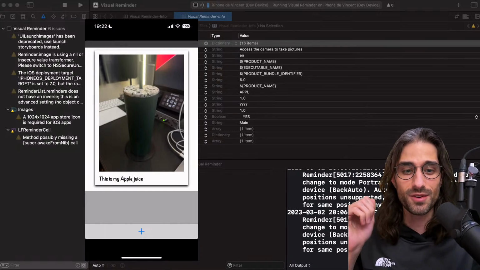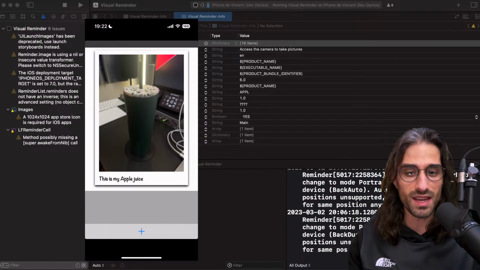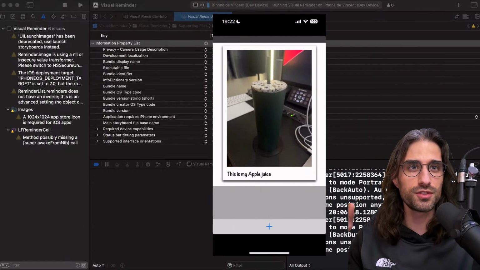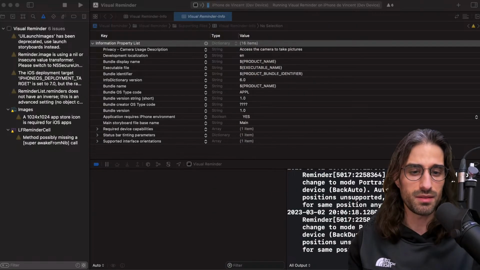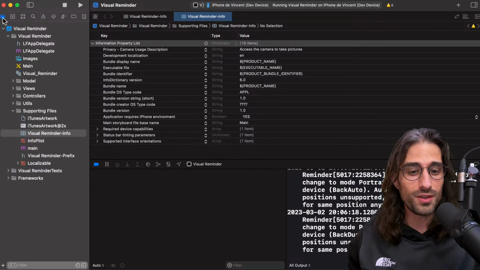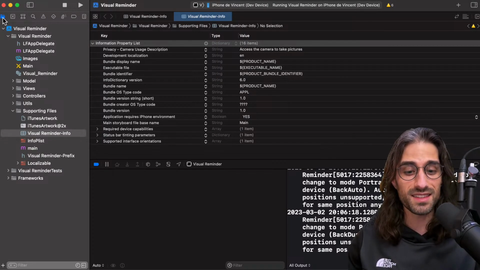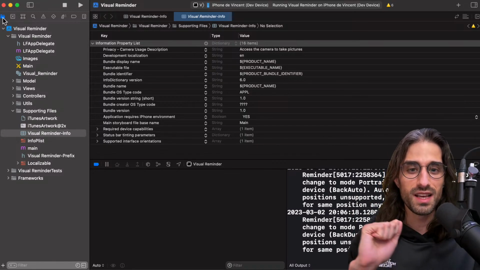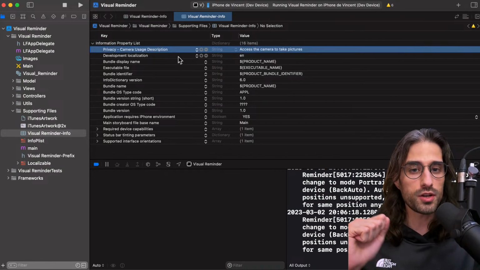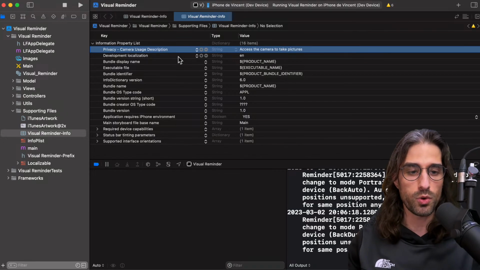But what's interesting is that now that we've seen this amazing app, we're going to take a look at the code. So I'm going to get rid of the app, and let's go take a look at the code. One of the great things when you have a project in Objective-C is that I didn't need to change anything for it to build today because Objective-C hasn't evolved a lot, and that was very different for the Swift project. The only thing I had to add is the string in the plist to explain what you are using the camera for, otherwise it would crash.